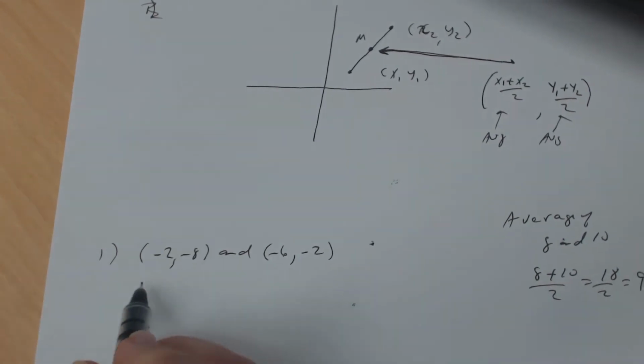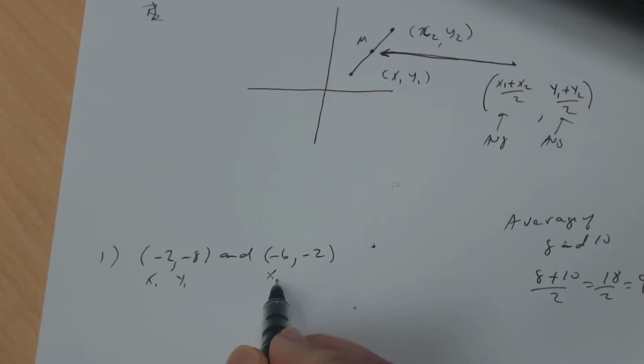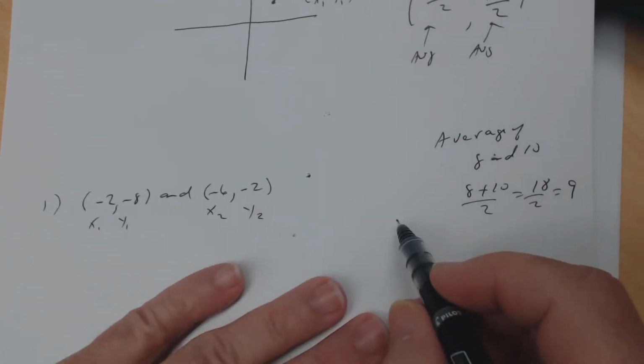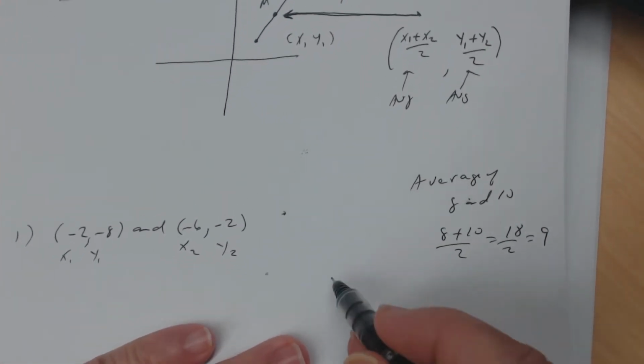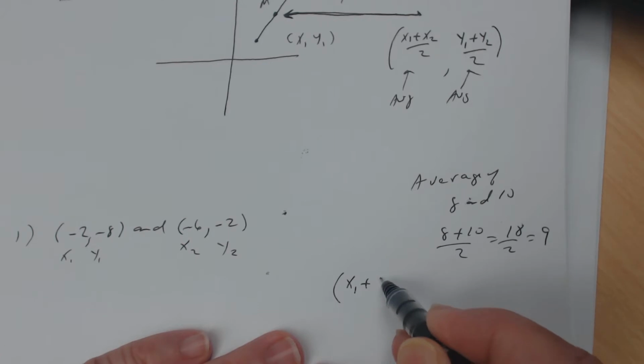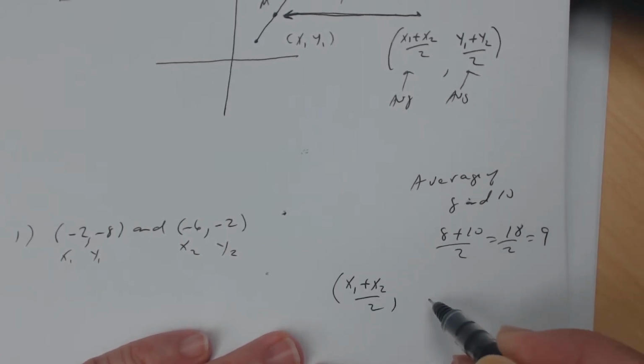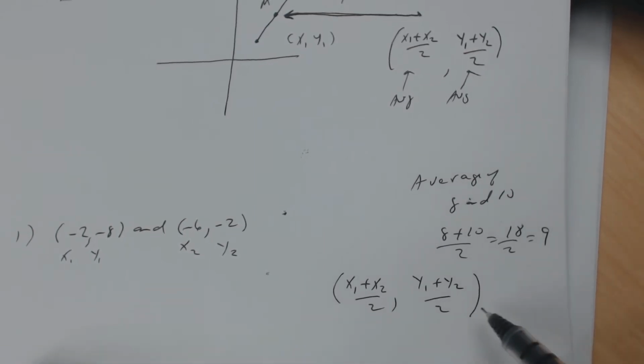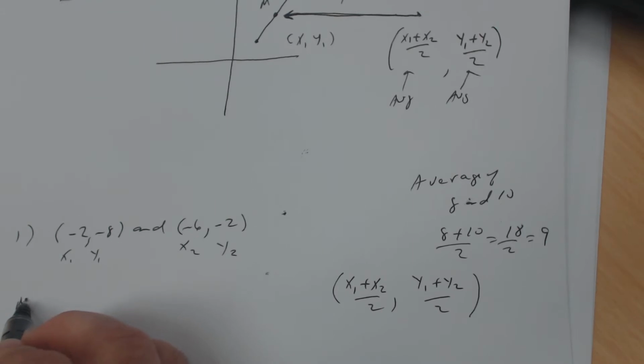Okay, so label them x1, y1, x2, y2. And so the formula, remember, is this. I'll write it a little bit bigger. You're going to say x1 plus x2 divided by 2, comma, y1 plus y2 divided by 2. And remember, that's a point, so you need those parentheses. So your midpoint